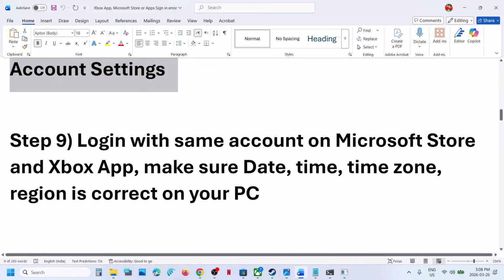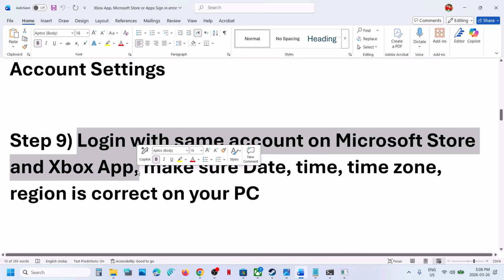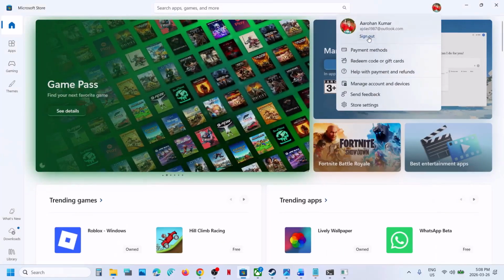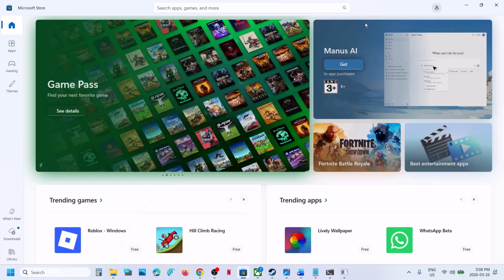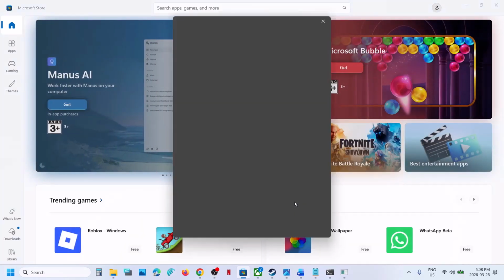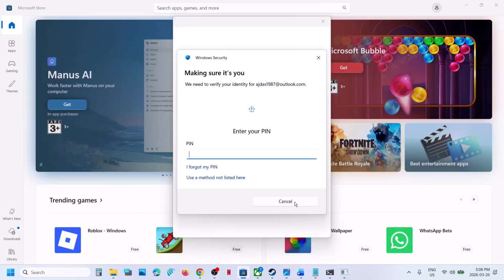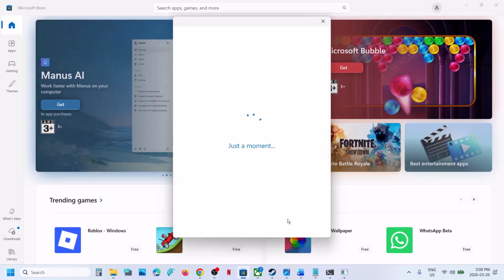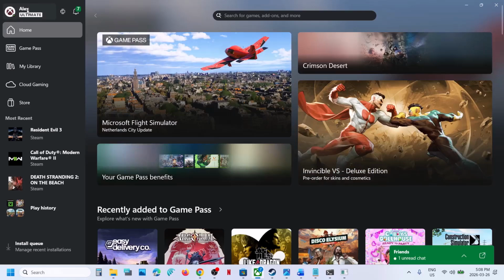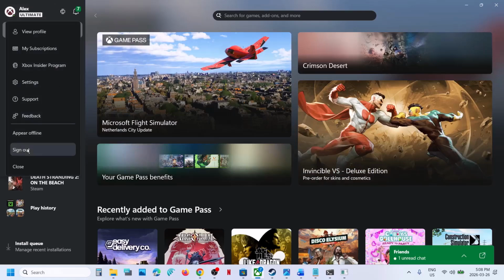Next step is to log in with the same account on Store and Xbox app. So go to Microsoft Store. At the top right here you can see a profile icon, click on it, click on sign out, then click on sign in, select the right account, make sure that you select the right account over here, and then enter your PIN password, and then go to Xbox app, click on your profile icon, click on sign out,